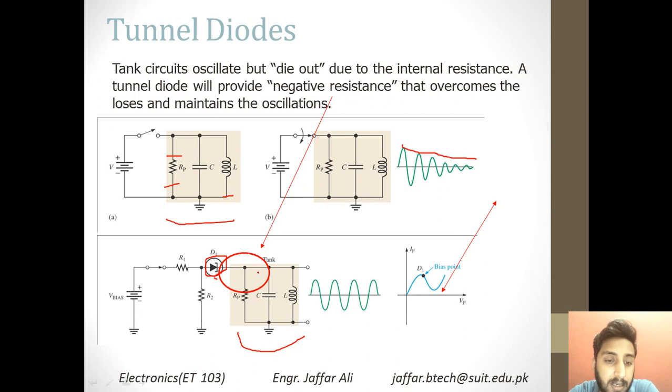And after this circuit, after this diode, you see that the oscillation is not lost or decreased. They are straight lines. So this is the benefit if you want your circuit to maintain its oscillation. For that reason, you will need a circuit, and this circuit is basically termed a tank circuit. And to prevent the oscillations from being lost, you will put a diode over here before the tank circuit.